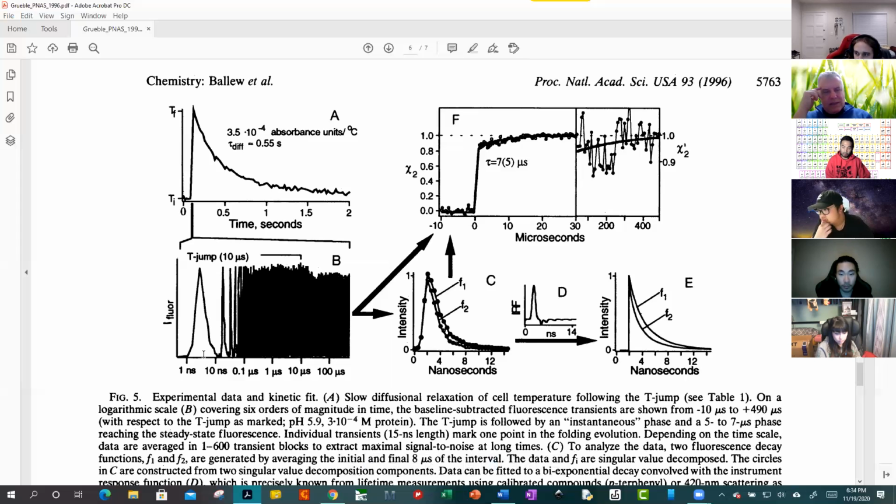Sometimes they use a molecule in there that has some known fluorescence quantum yield, and so they can sort of standardize the intensity of their fluorescence, but they have to do all this